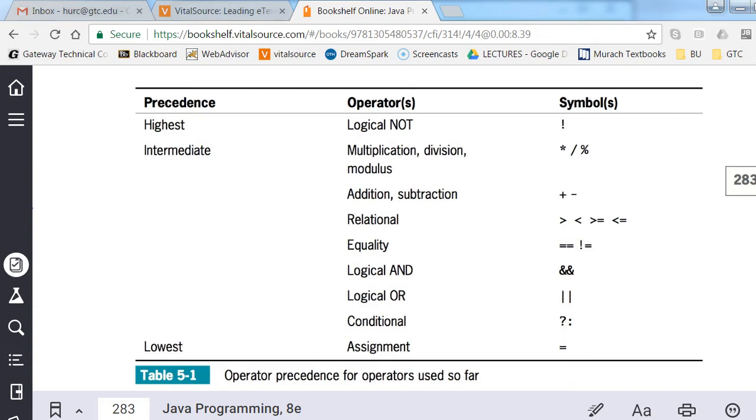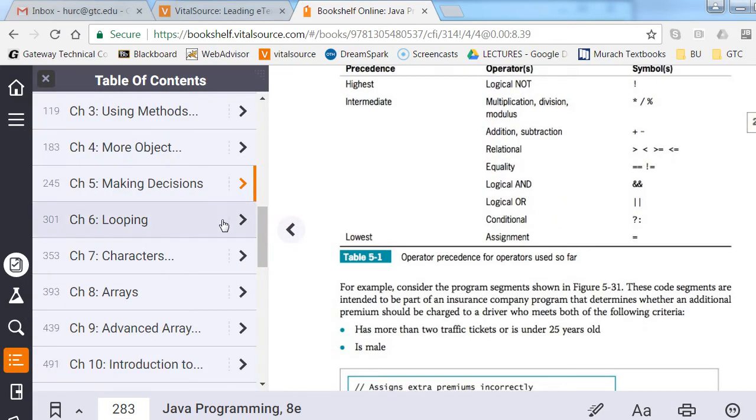Okay, so this is a list of these symbols or operators with the name and the symbols, as well as the precedence. I mean, which one should take place first. So it's kind of like, again, back to math again, right? So back in the first few pages of the chapter, it talks about, let me go back really quick, to show you really quick about the